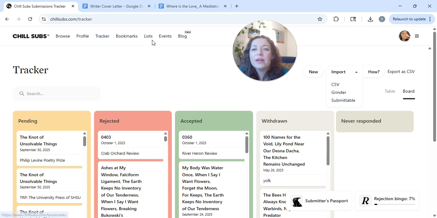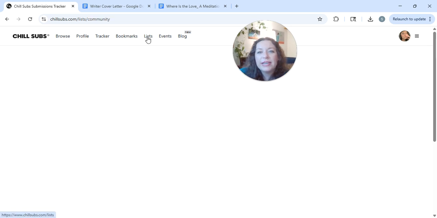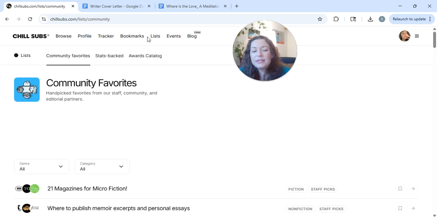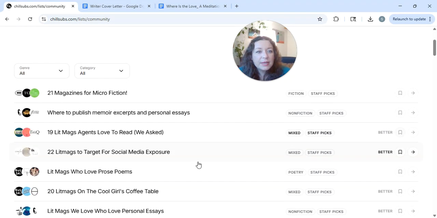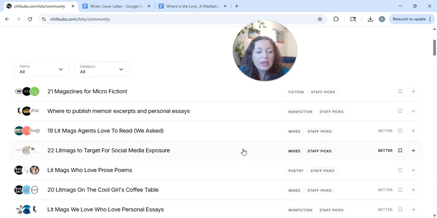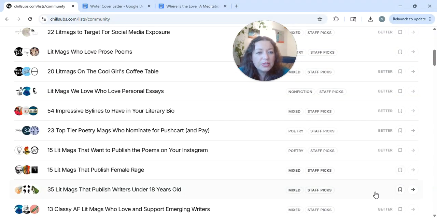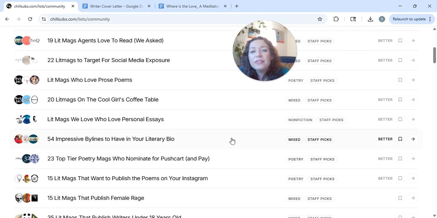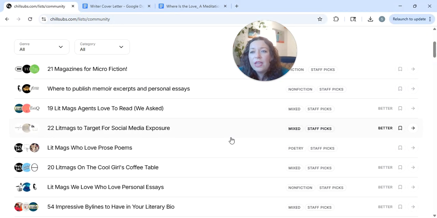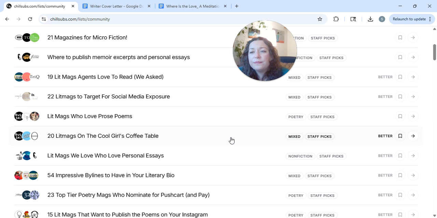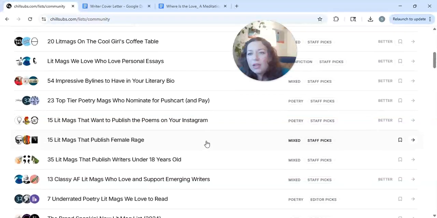We've talked about bookmarks. Now let's talk about lists. There are some lists that are for free subscribers and some lists that are for paid subscribers. And it'll tell you here, "Better Subscription" is a paid subscription. The ones that are blank are free. And the lists can be really helpful if you have certain goals. So for example,